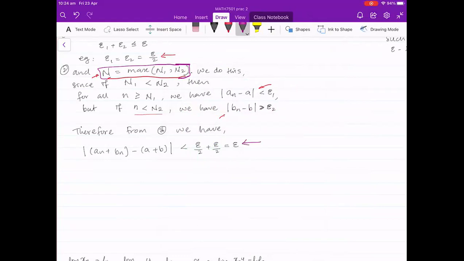This shows that for any positive epsilon, there exists n, which is equal to the maximum of n1 and n2, such that